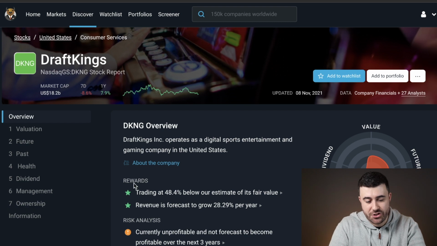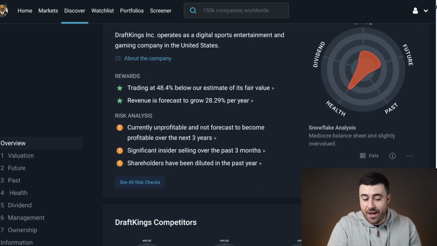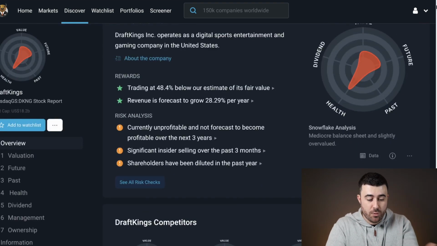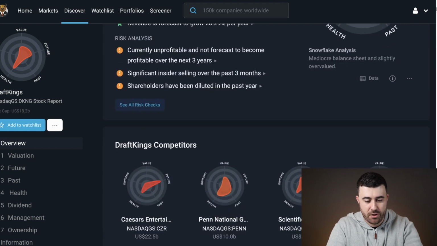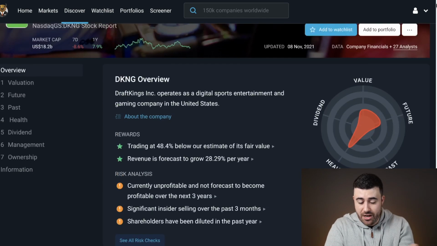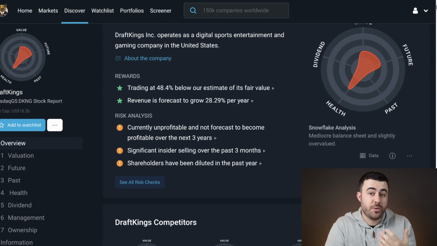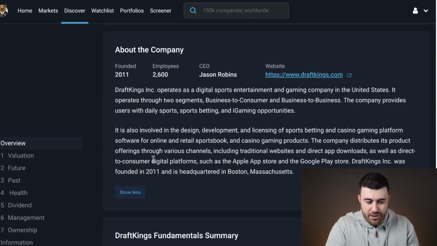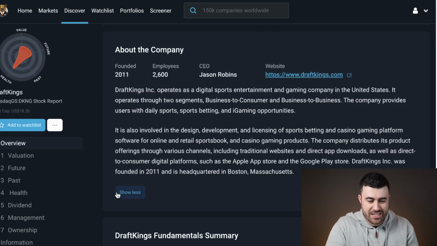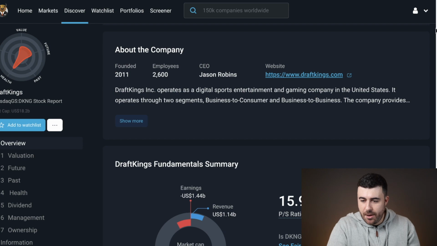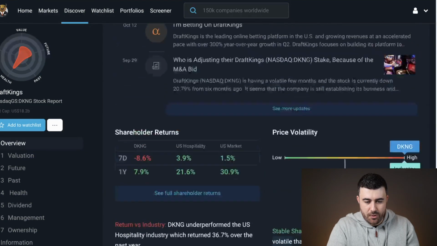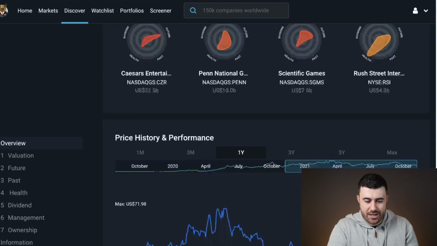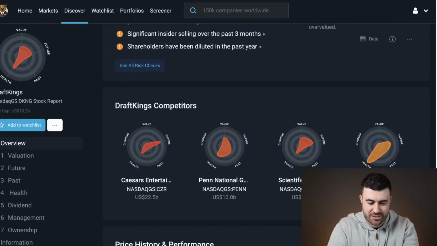So if we just start to scroll down, what you can start to see is we'll go through all of these different things as we scroll. So the first thing we see is an overview of the company, which is really good. If we're just discovering this company for the first time, you can go ahead and click on this about the company, and it'll give you a little bit more of a detailed explanation. You can go ahead and check out some of the competitors of the company. If we have a look here, we've got the DraftKings competitors